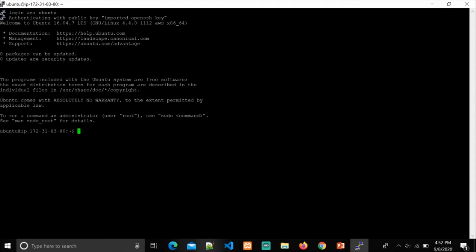We have to give the username as ubuntu. It is authentication with public key that we have created. Now it is already authenticated. Now in Ubuntu we can do everything whatever we want. So let's write here ls, enter.